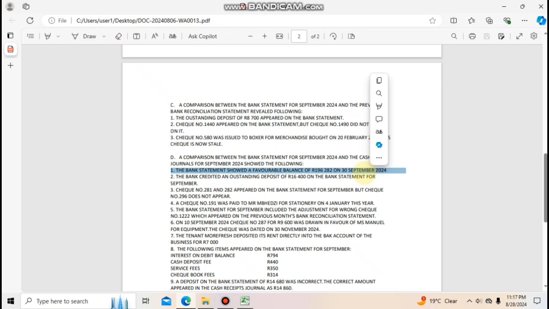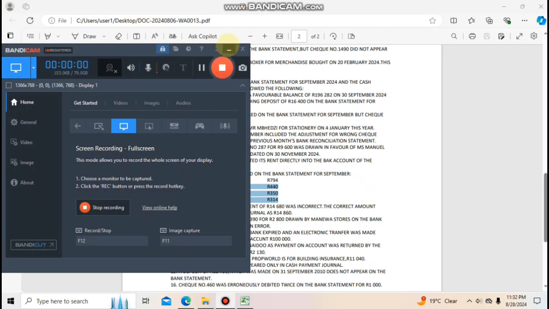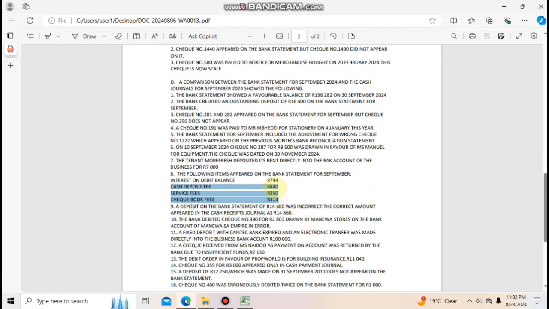Let me repeat. Our bank reconciliation statement has a favorable bank balance on the credit side, and on the debit side we do have